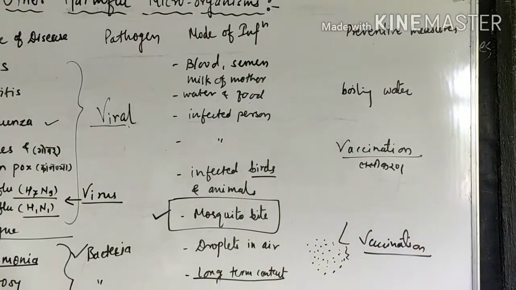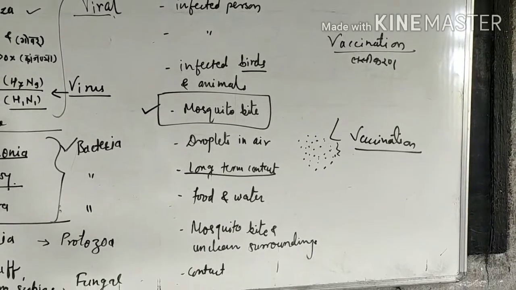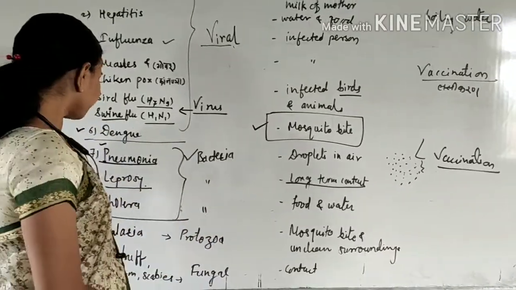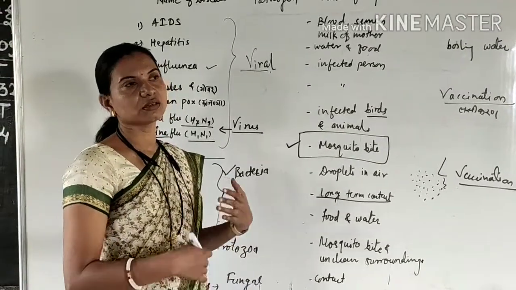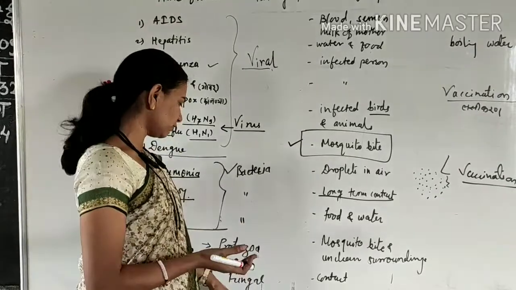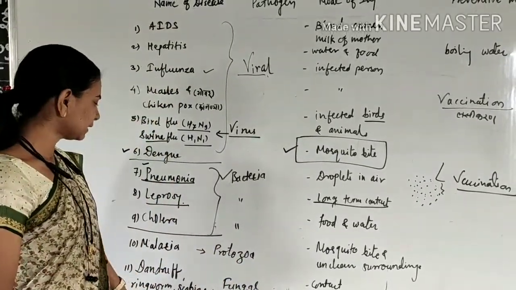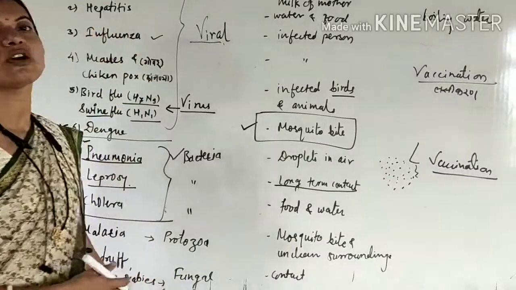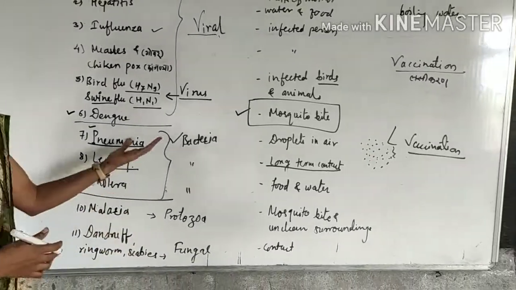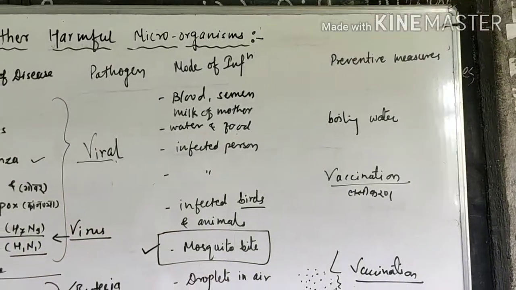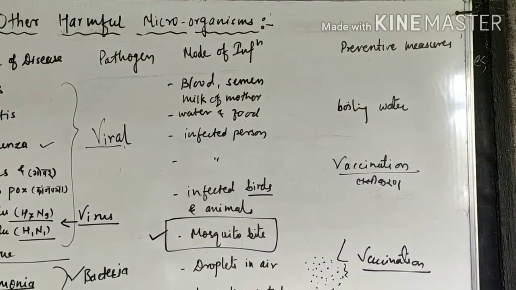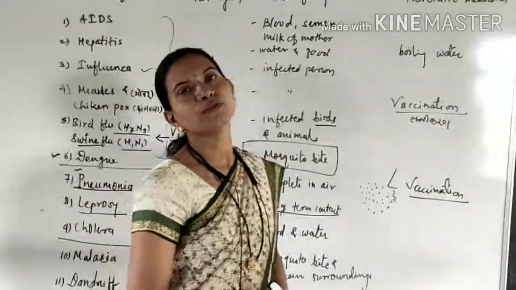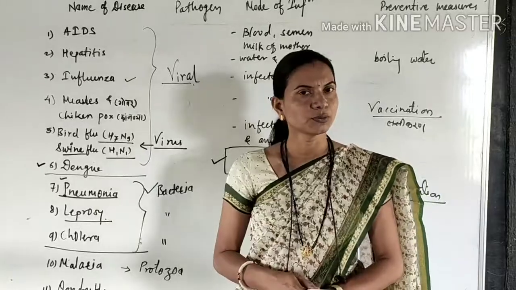Also, when you share belongings like clothes or combs, mainly in dandruff you share combs, or for ringworm and scabies when you share clothes like towels with your siblings, at that time there are chances of this fungal infection. So to avoid this fungal infection or skin diseases like dandruff, ringworm, or scabies, the preventive measures are personal hygiene, which is very important, and avoiding contact with the infected person. So this is about the harmful microorganisms to human beings. So our